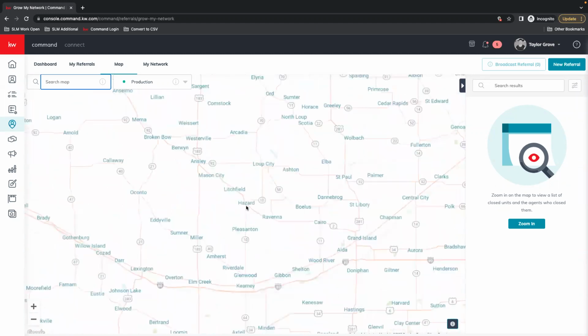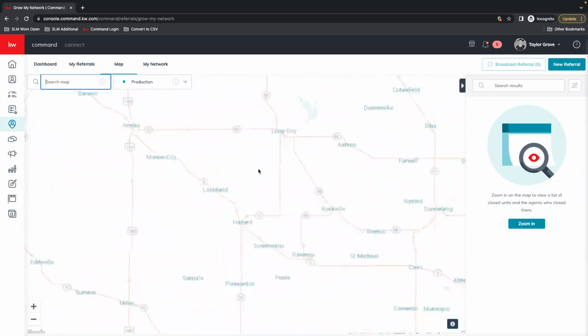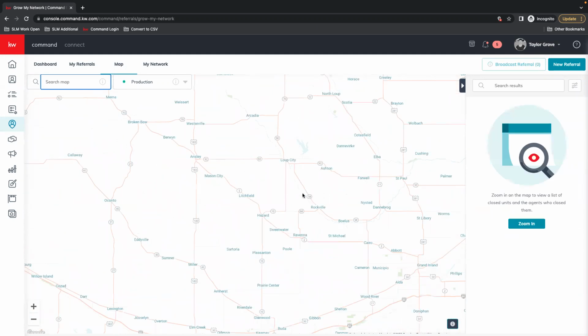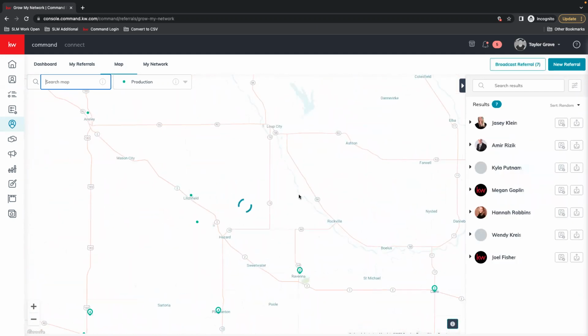So as I zoom in to an area that narrows it down enough, we'll start to see agents that are appearing in the section I'm looking at. If you search over here, that is trying to find someone in this list. So if you're not here, based on how you're searching, you're not going to show up over here.